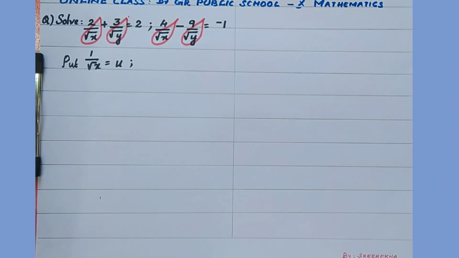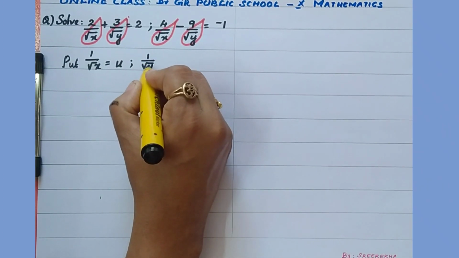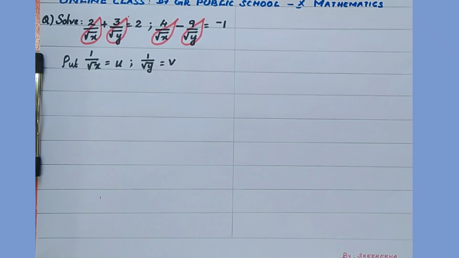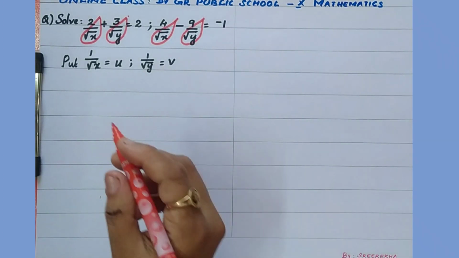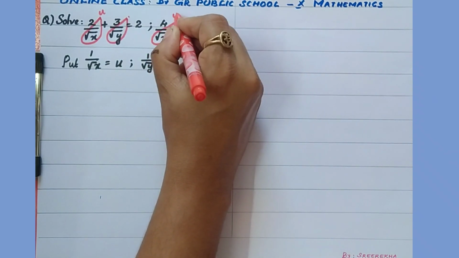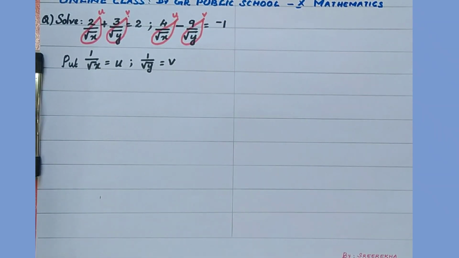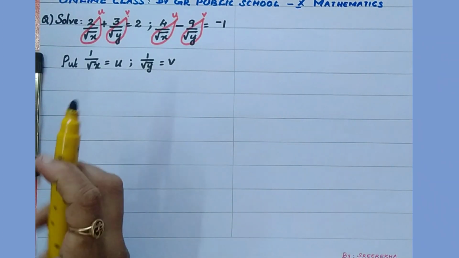This 1 by root y you can make as v. 1 by root y equal to v. So the given equation now transforms, with 1 by root x equal to u and 1 by root y equal to v. Now the given equation becomes, therefore,